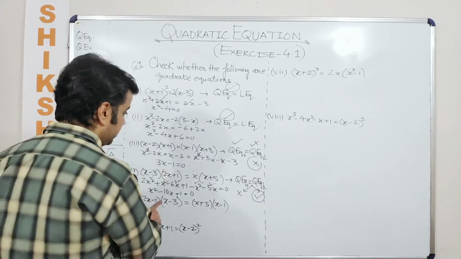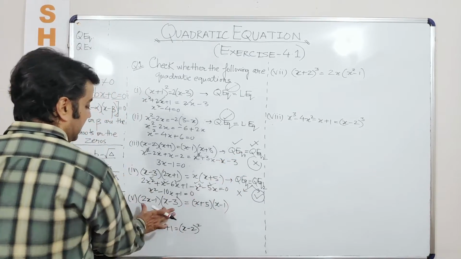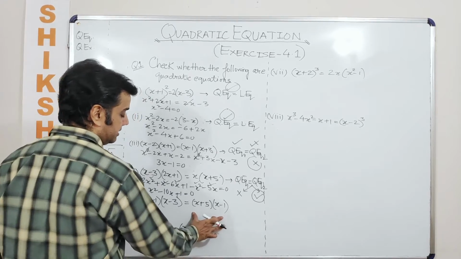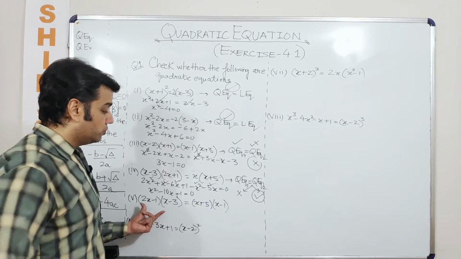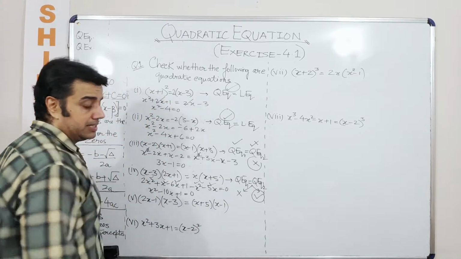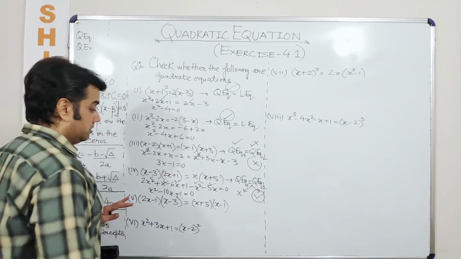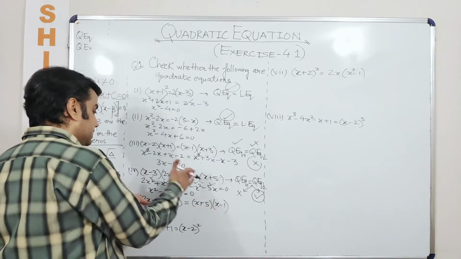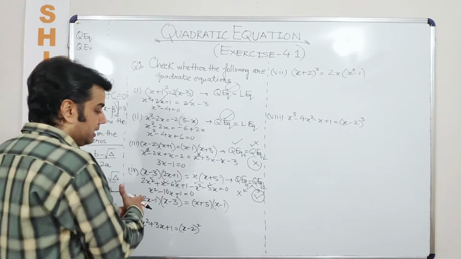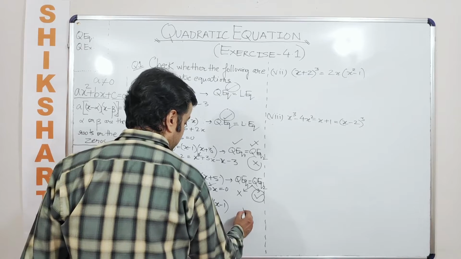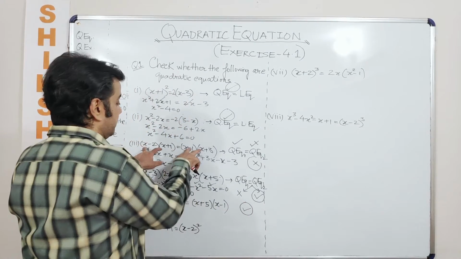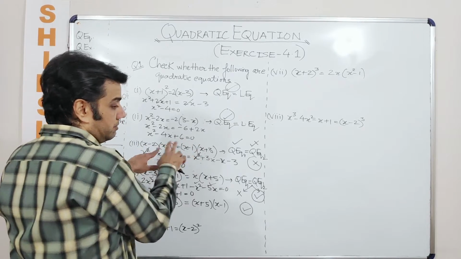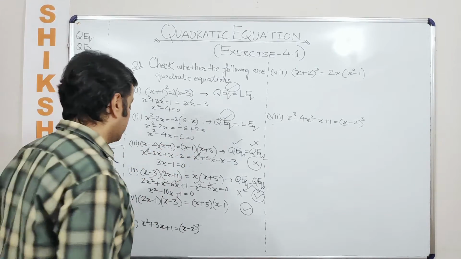Talking about this, it falls under the same category. LHS is a quadratic equation, RHS is a quadratic equation. The coefficient of x square on LHS is 2, and the coefficient of x square on RHS is 1. So 2 minus 1 gives me the coefficient of x square finally. So will it be a quadratic equation? Yes. When will it not be a quadratic equation? When the coefficients of x square on both the sides are equal. In that case, they get cancelled out.